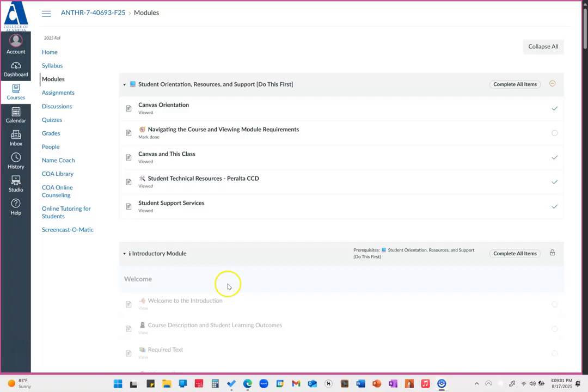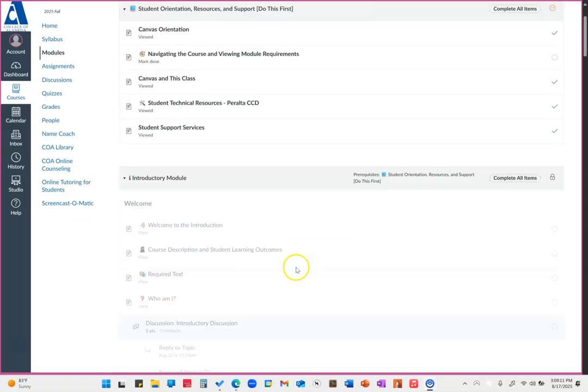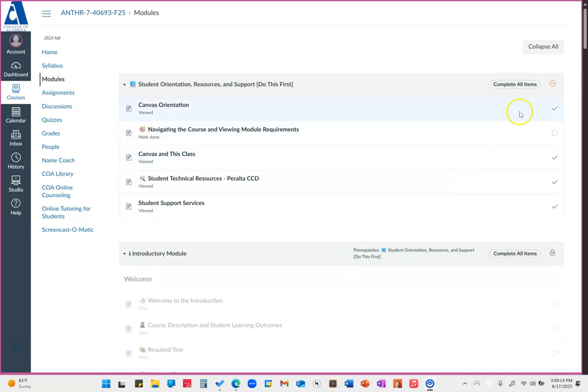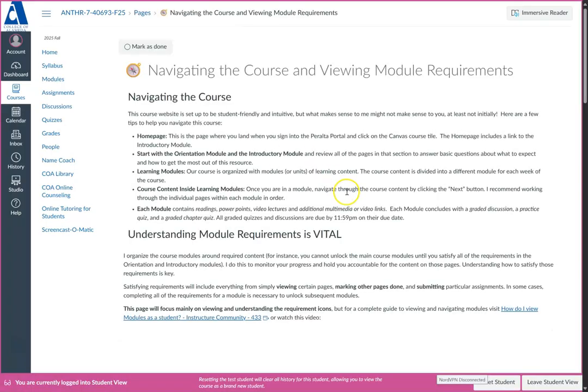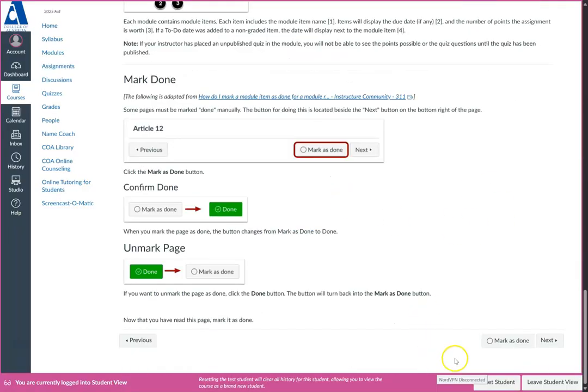Okay, so now I've worked through the first module, the student orientation module, but you'll notice that for some reason this hasn't unlocked yet. Well, if that happens to you, go over to the side and look to see that all the circles are now green check boxes. And you'll notice I've got one that still isn't, and it's this one that says mark done. So what I did is I viewed this one, but I forgot to mark it done. So I'm going to go into it now. Ironically, it's the one that tells me how to mark things done. And I'm going to go to the bottom, and after I've read this whole page, I will mark it as done. Now, if I go back to the modules,